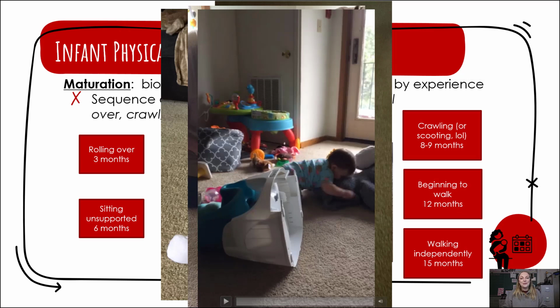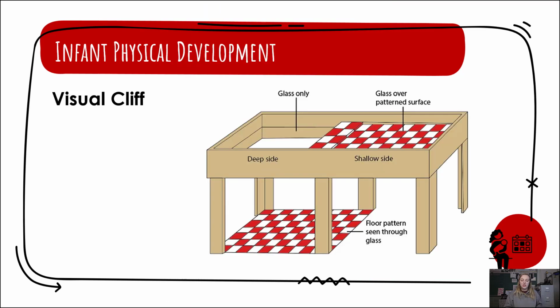So like I said before, these stages do happen usually in order. They're not going to do one of these things before the other. However, the timing of these happen at their own pace. One of the things that we have tried to come up with different ways to test for are the things that we know that we have, the things that we can do as adults or older children. When exactly do they develop in our life? And so one of the ways that we have come to test this is using the visual cliff experiment.